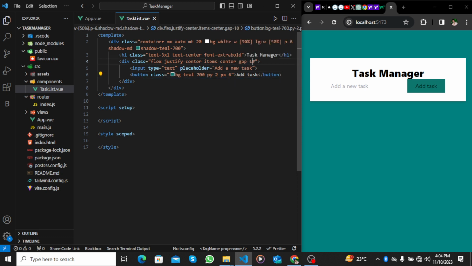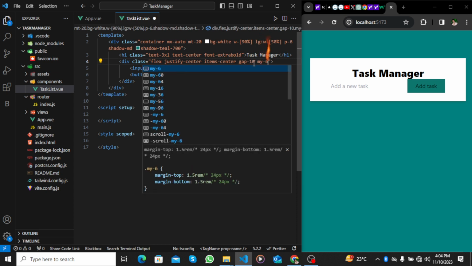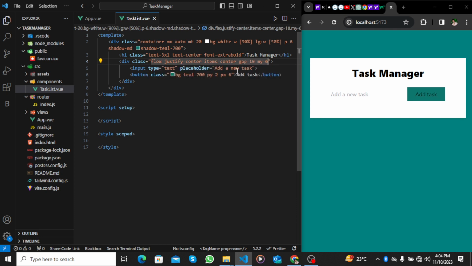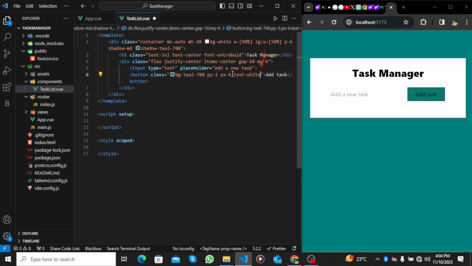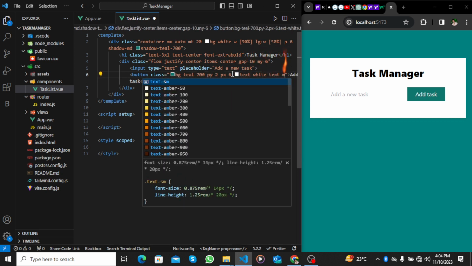So here margin top and bottom should be 6. I think it's great, but here I need text white, text-md,